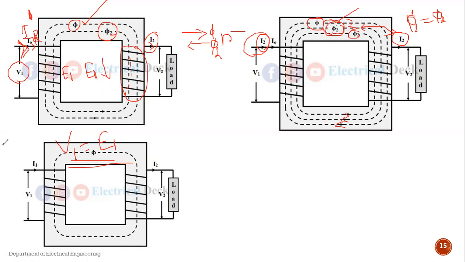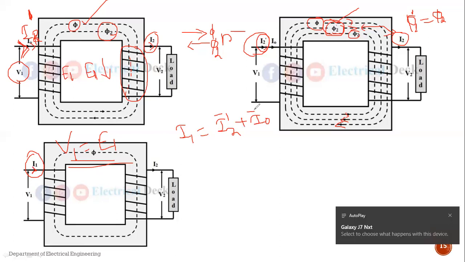ओके, but at that situation or at the loaded condition it will take a current I1. हा जो करंट घेतलेला आहे म्हणजे this current taken from the supply, it is nothing but I1. And do you know that this current I1 is equal to the vector sum of current I2 dash plus no load current I0. That is the vector sum of current I2 dash and the no load current I0. It is the primary current taken from the supply.